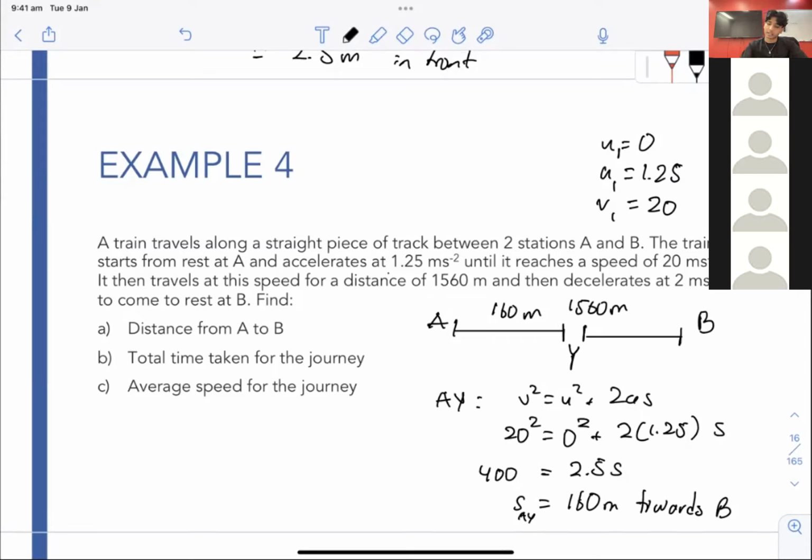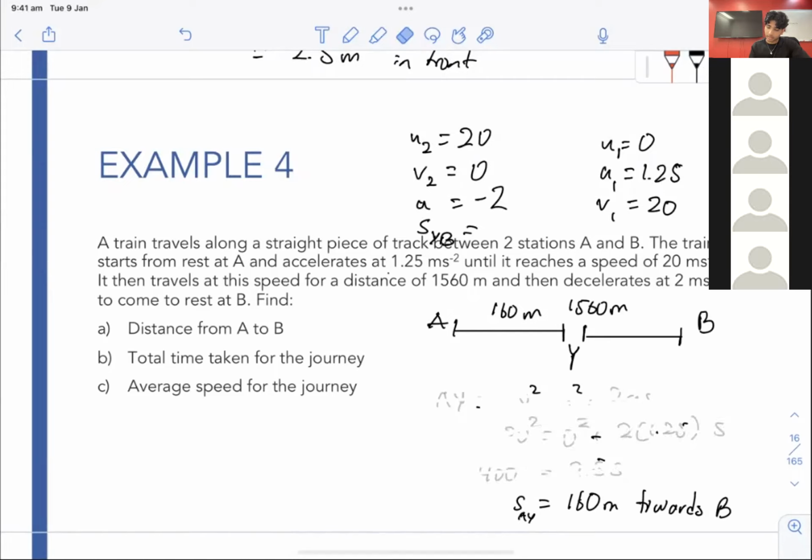So at Y, we'll call this U2. We're already at 20, okay? Our final velocity is going to be 0 to come to rest at B, and the acceleration is -2 because we're decelerating. We're going to find, again, S, Y, B. We found SAY, now we're going to find SYB, all right? Now I'm going to rub all this out and just leave